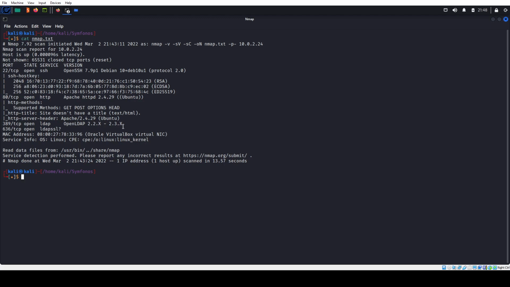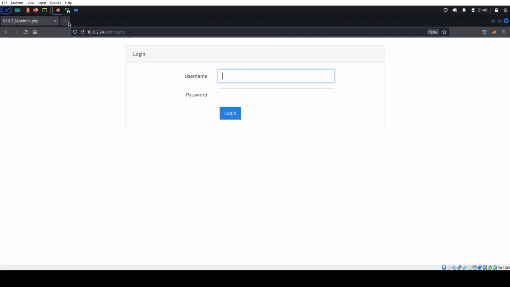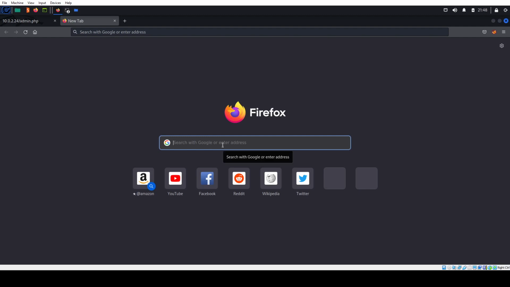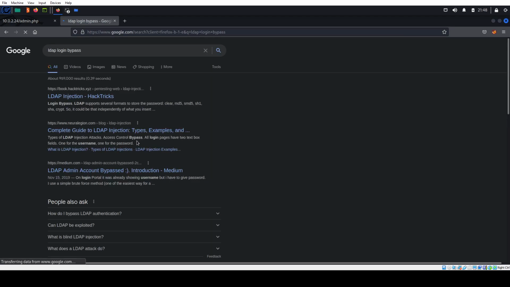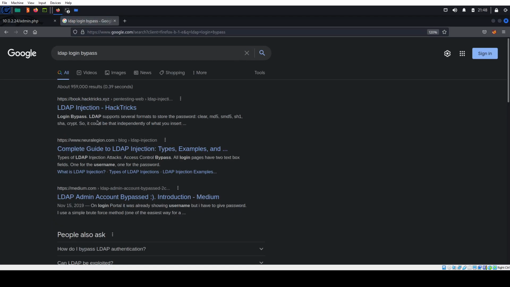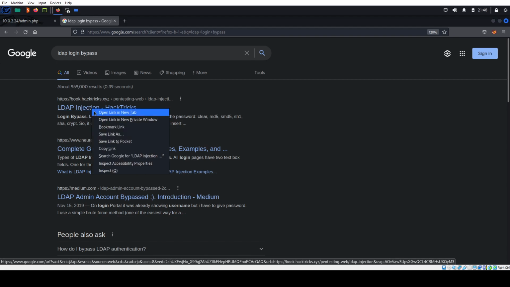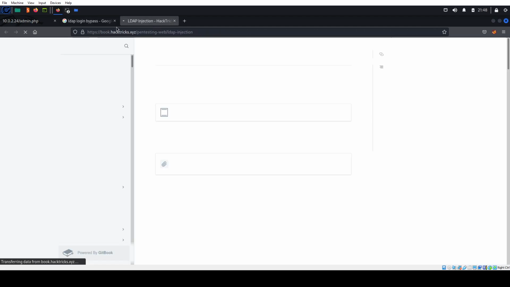But in this case, I'm going to assume that they're using LDAP to authenticate, because you can use LDAP to authenticate on websites. So what I did, if you're stuck here, Google is your best friend. If you search LDAP login bypass, you get LDAP injection from HackTricks. It's a great site. So if we open that page,